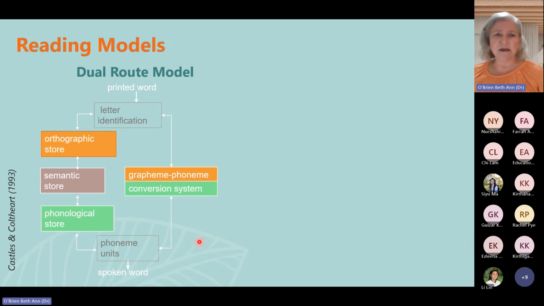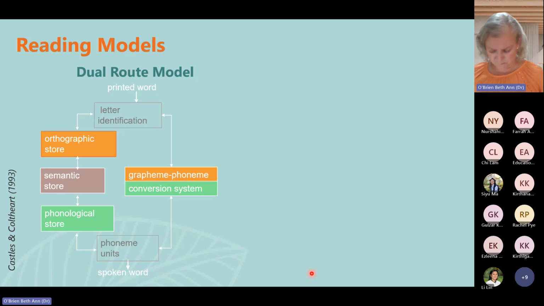This is also referred to as the indirect route or the sublexical route that we just saw. And this can also be used to sound out unknown words or new vocabulary, as well as non-words or pseudowords. And then the other route over here is what we referred to before as the lexical route. So this involves word level processing. So you can take a known spelling of a word, and that will directly access or activate other linked representations of that word in terms of the word's meaning, as well as the overall sound of the whole word, the verbal label of that word.